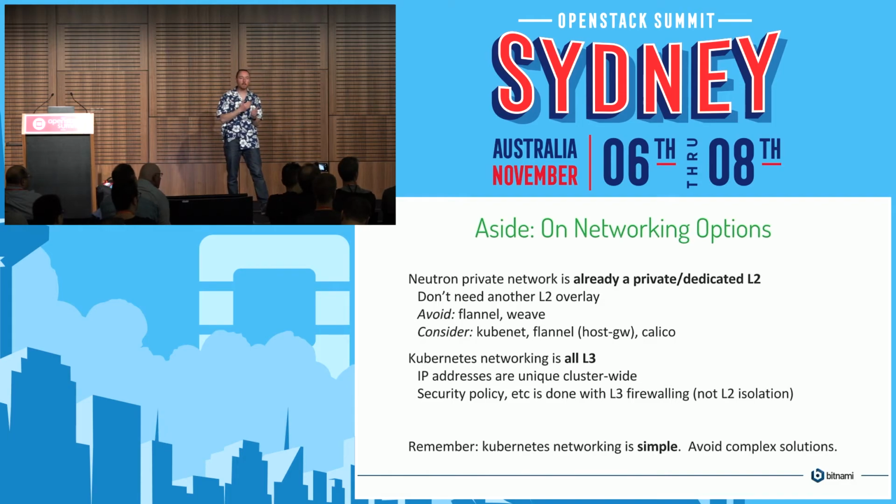So in particular, if you're on a dedicated Neutron private network, you've already got security, you've already handled how do I get my packet from A to B, it's already handled for you by the Neutron network. You don't need another overlay on top of your overlay. Okay? So avoid things like flannel and weave. These are normally the default options on deployment tools because they are the most general purpose tools. They will work in just about every situation because they are an overlay network. Okay? But we're not a general purpose situation. We are Neutron private network, and that's all we care about. Okay? So don't use those tools.